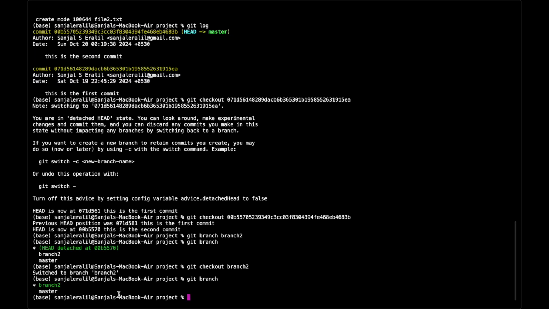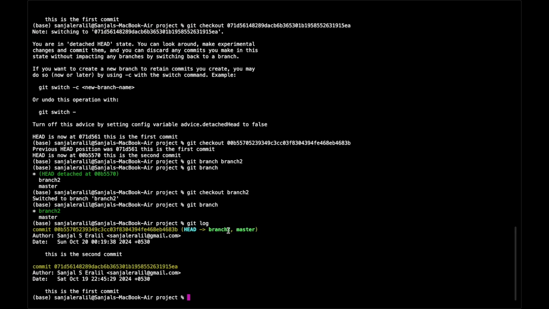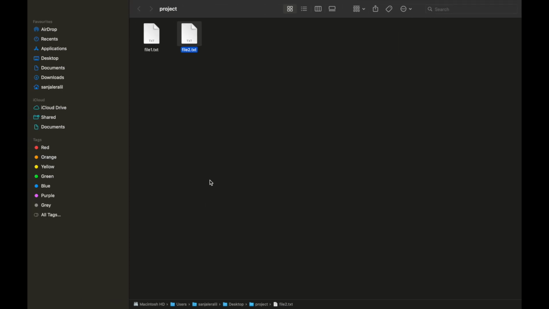Git checkout will switch you from your main branch to the branch that you specify after git checkout. So you can use it to change your control from the main branch to a different branch and commit from this branch. So let's open file 2 and write this is the changes made in second branch. Now let's save it and